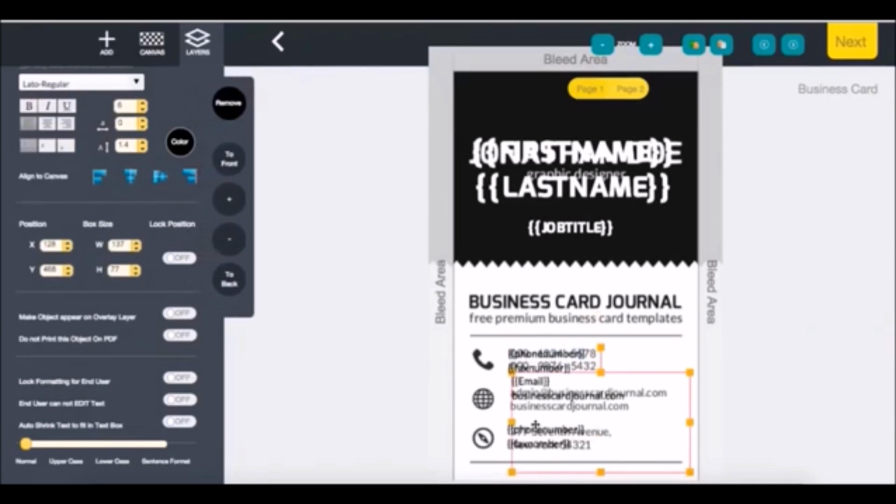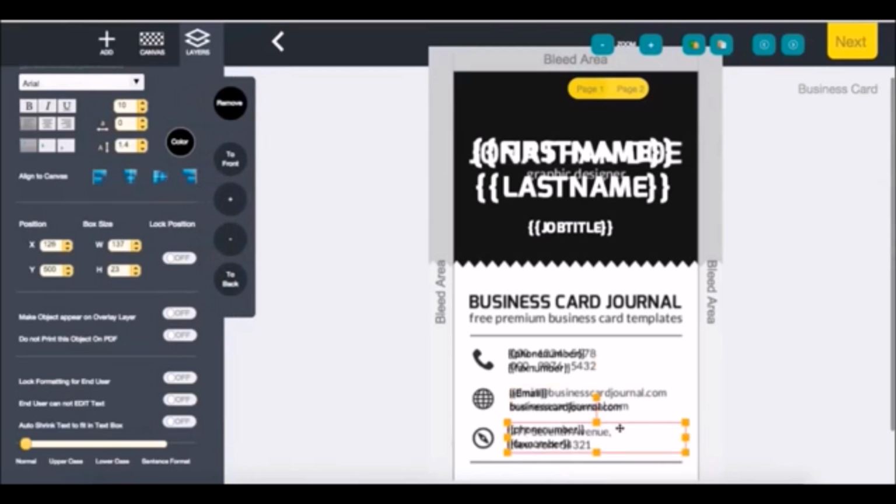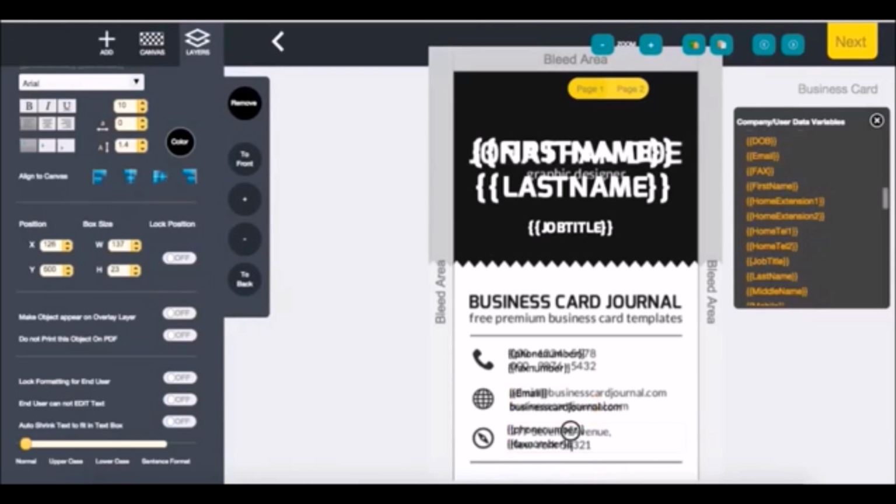Okay, and we're just going to move that down. Okay, so again, we're just going to reduce the line height. And in this box, we're now going to just put the address. So this is address line 1. So we're going to come down to contact address. There's 3 different addresses. You can do the shipping, billing, and contact address. So, and this is going to be city,